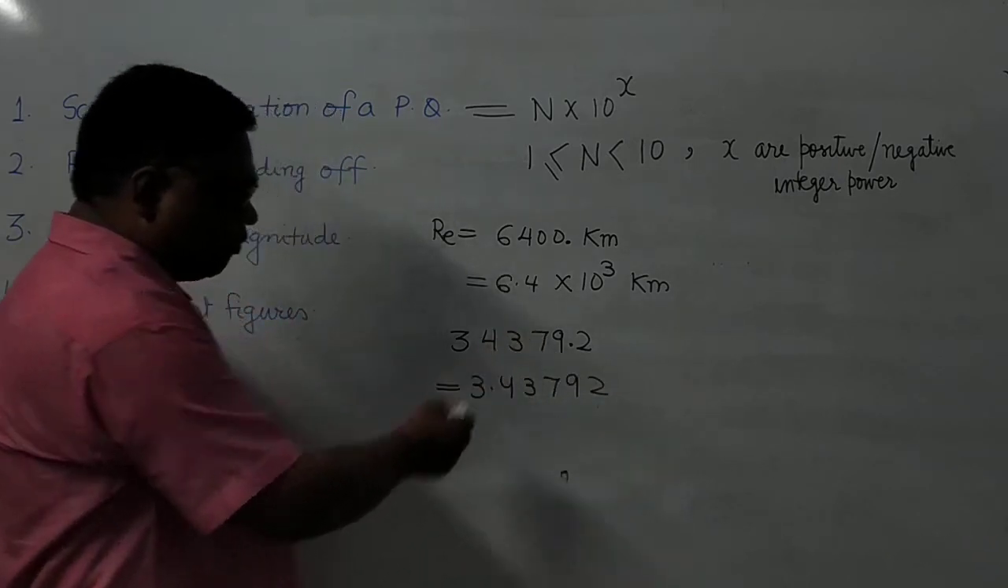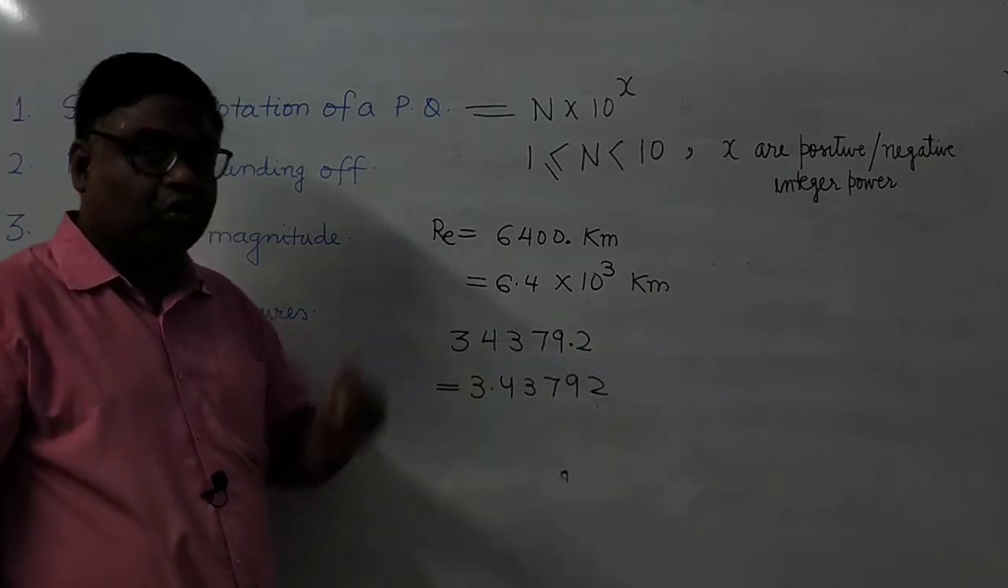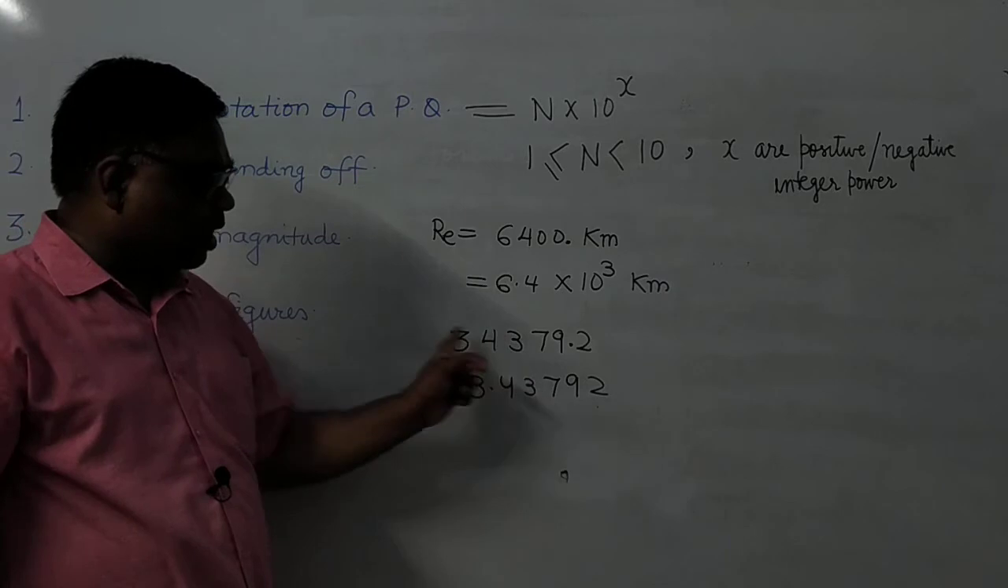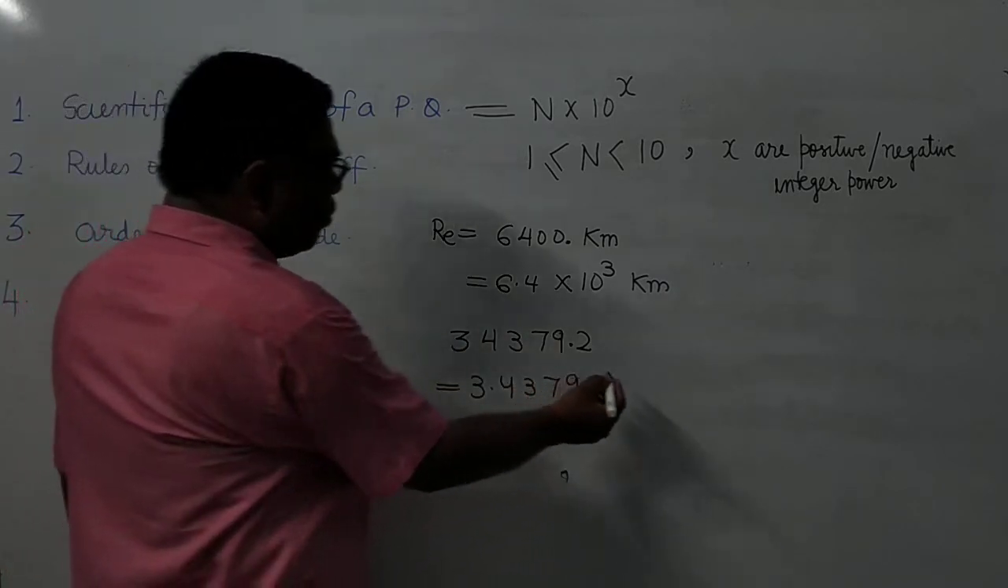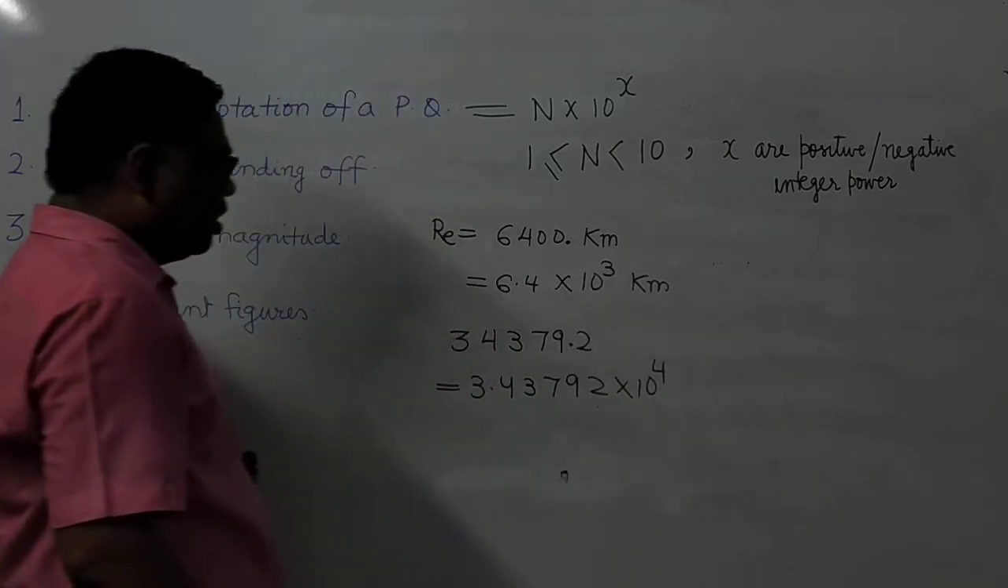3.4379. Now the value has decreased. This value is smaller as compared to this. Therefore power will be positive, 10 to the power 4. It's clear? Now suppose if it is